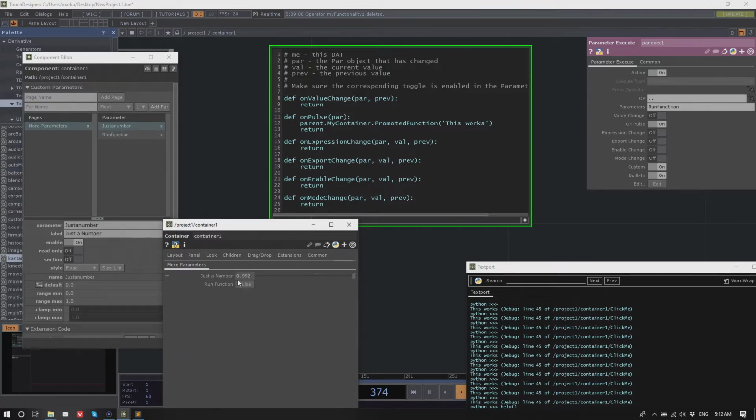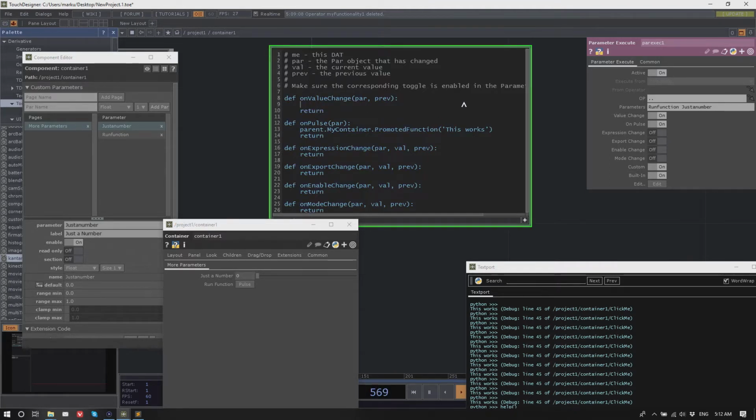So now I have a float parameter, and I think if I want to run a script on value change, for example, whenever the value here changes, the onValueChange callback is being executed, and I can print out, for example, the parameter.